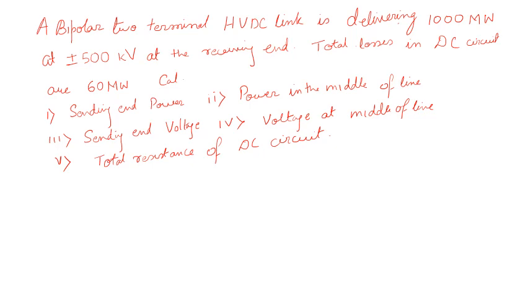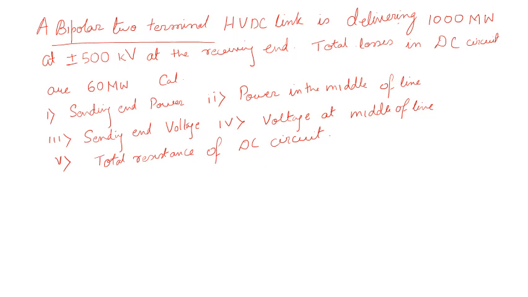Now here, this is one term, bipolar two terminal. I haven't explained this term, so I will explain it in the next class, because I have planned to first derive some power equations, then go for numericals, to make the lecture interesting. I will discuss it in a later section, and then we will go for the economics of the HVDC link. So just bear with me for two lectures, then you will get to know what bipolar, what homopolar, and all those things are. Now, coming to the question.